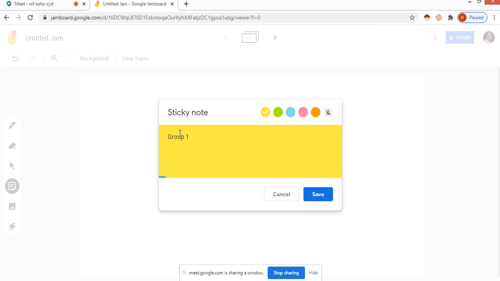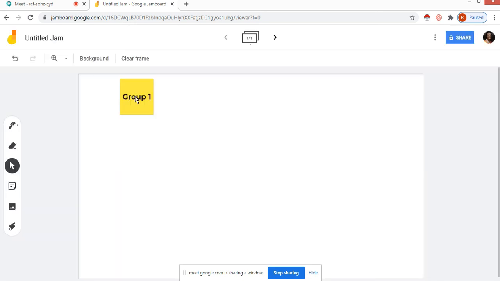I have divided my students into different groups. So group 1, save, and then see, here a mark is there for group 1. And then here you can write the problem or whatever you need. So this is a work which is to be done by group 1.